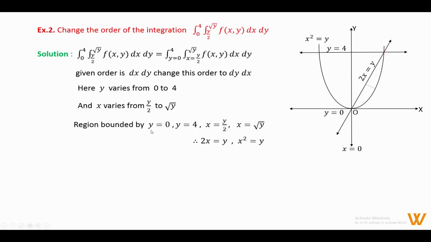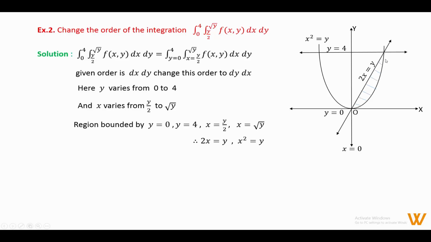Now find the required region. The required region is in between the line y equal to 0, this line, y equal to 4, this line, 2x equal to y, this line, and the parabola x square equal to y. In between these four curves, this is the required region. Now change the limits. In the given limits, y is the constant limit. Now the limits of x are constant. So x equal to 0